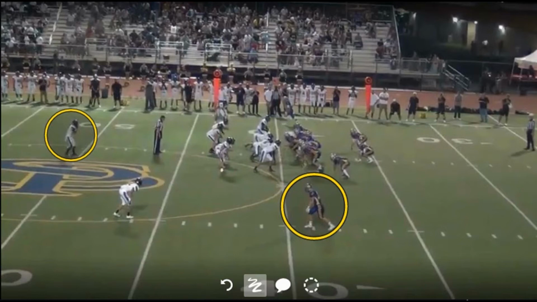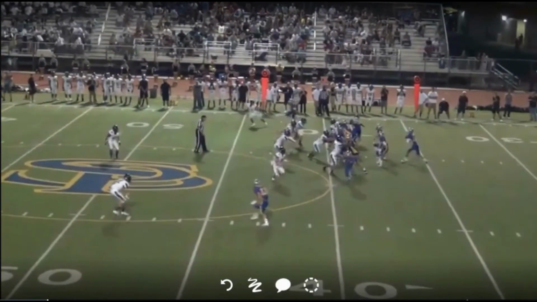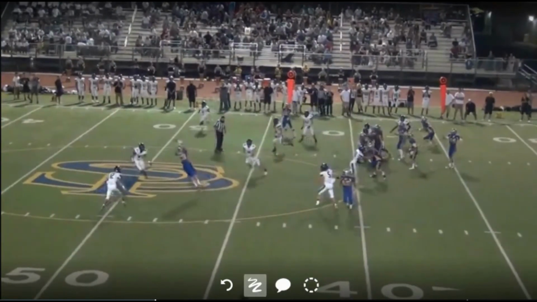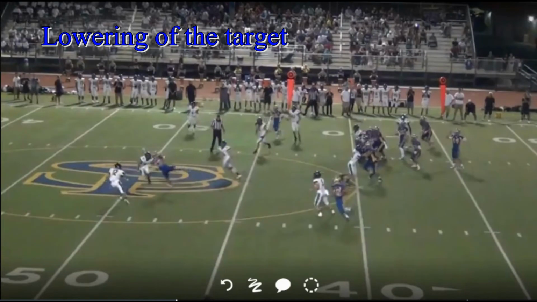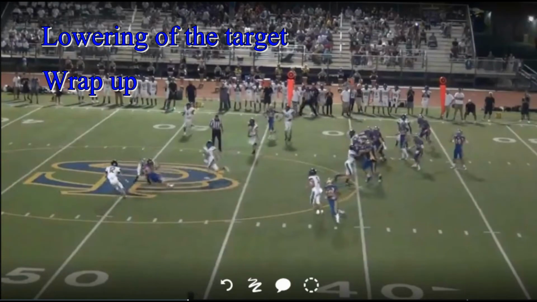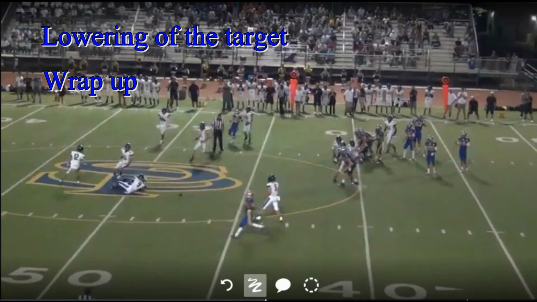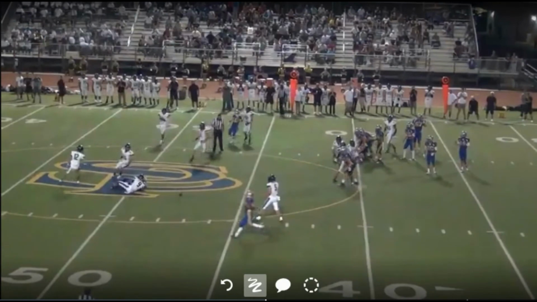B9. So the first thing we need to determine is the receiver defenseless and therefore afforded extra protection against excessive contact. So let's keep an eye on the receiver. He extends. His focus is on the ball. He is by definition a defenseless player. Now let's watch the actions of the defender B9. He's going to lower his target. He's going to attempt to wrap. These are both elements that we are looking for in a legal tackle. There is incidental helmet contact, but this is a legal hit.